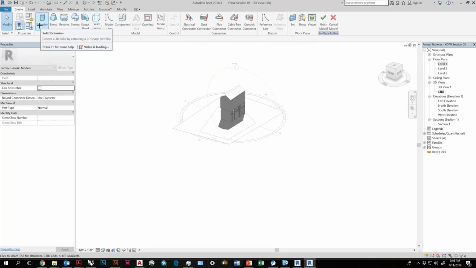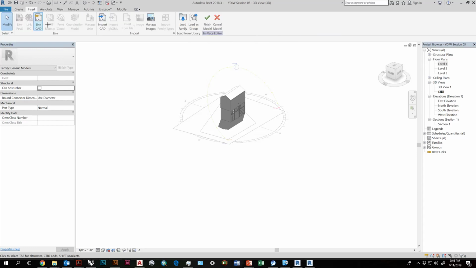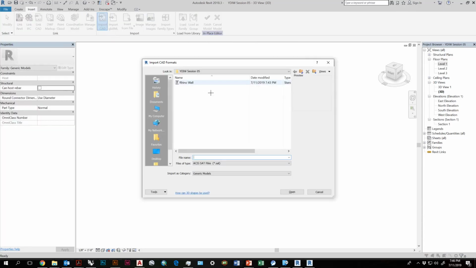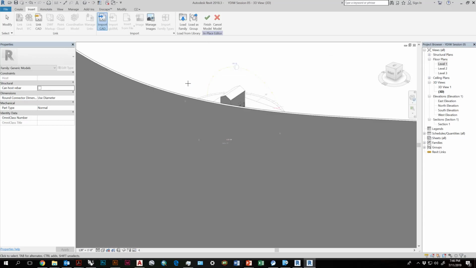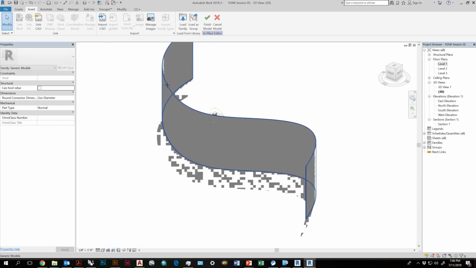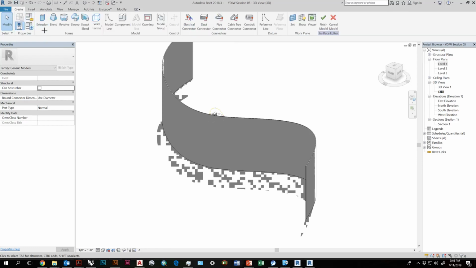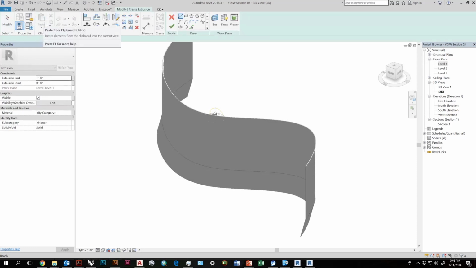Okay, in here you can create custom masses, extrusions, sweeps, blends, void forms which cut holes in your objects. In this case, we're going to import our object, so import CAD, Rhino wall. Then we're going to go to create, extrusion.